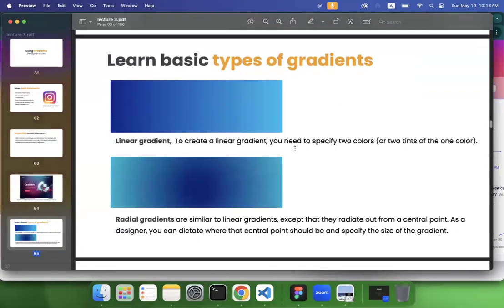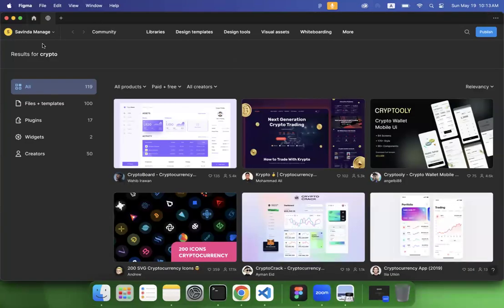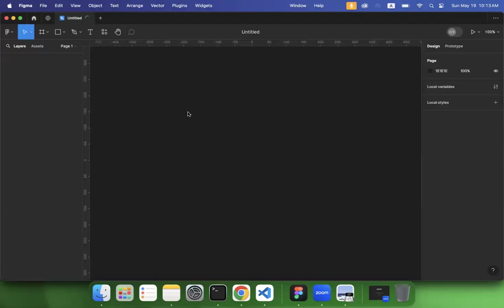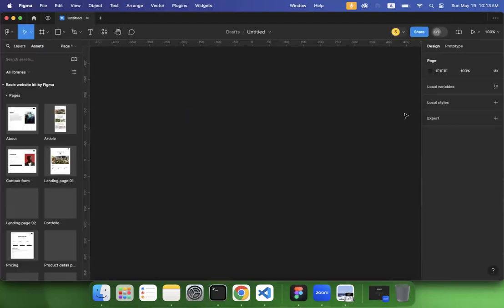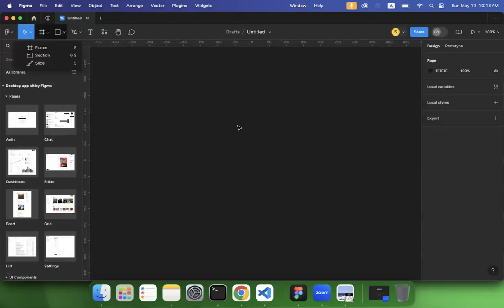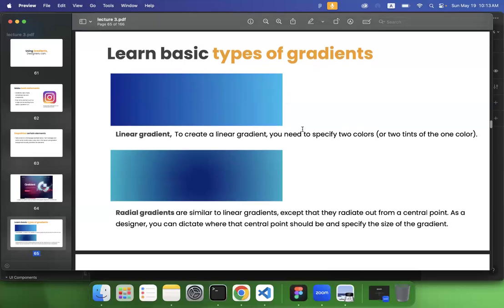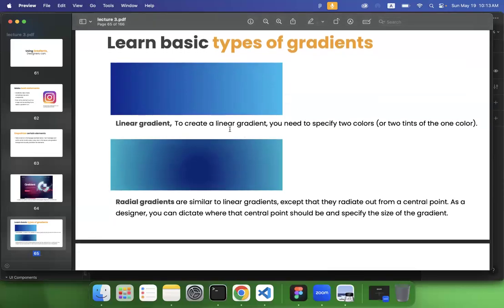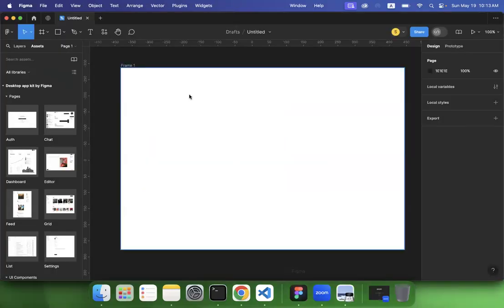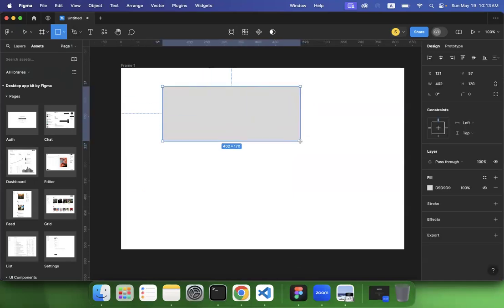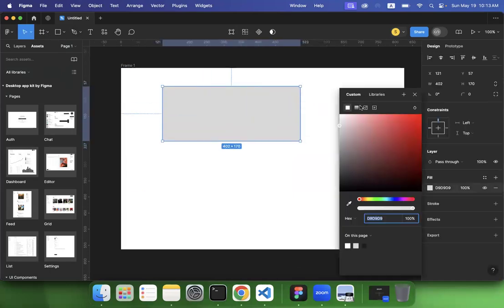Learn basic types of gradient. So if I open a page on Figma, let's create a... okay. First one is linear gradient. To create a linear gradient, you need to specify two colors or two tints of one color. So let's create a rectangle here, and we are going to fill it with two gradients. So the first one,